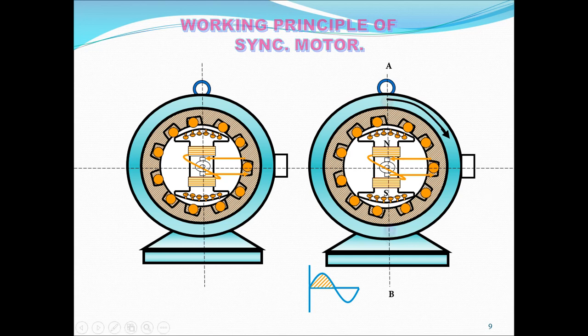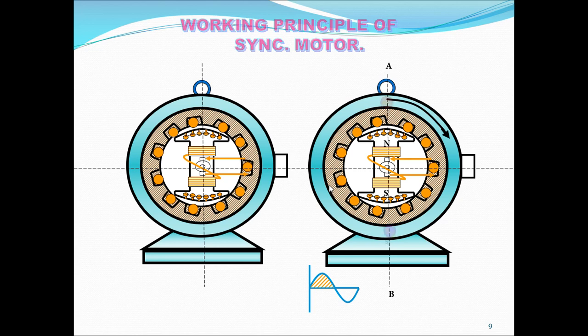As the stator poles are rotating at synchronous speed, we have to use some external motor to rotate this rotor also near to the synchronous speed. So then what happened, the stator poles are rotating at synchronous speed and the rotor is rotating at synchronous speed. So at a particular instant, at a particular point, these two, the rotor poles and the stator magnetic poles, will lock each other and start rotating at synchronous speed.